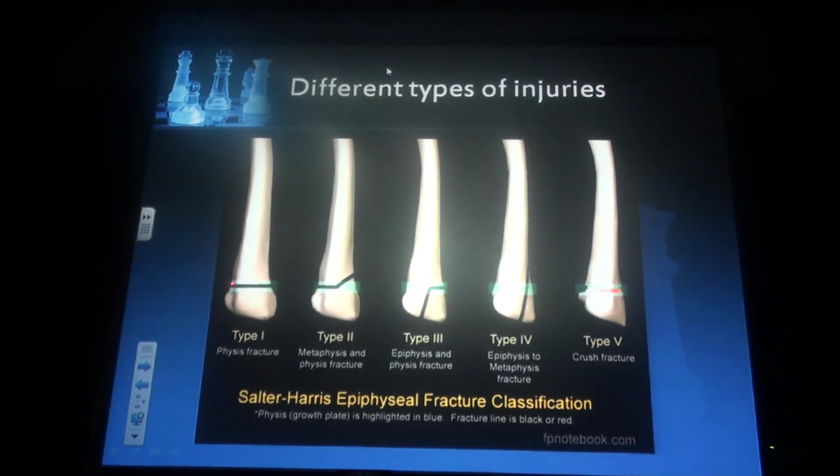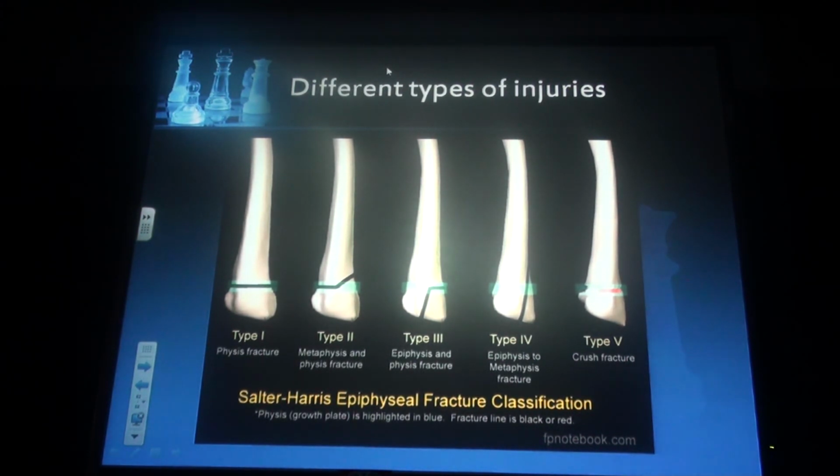Right here is the end of the bone, and this is what you would call an epiphysis fracture, or Salter-Harris fracture, which is just straight across the growth plate. Then you get a metaphysis and physis fracture, where it breaks across the growth plate and then to the side. Here you have a fracture that goes to the growth plate and then goes to the end of the bone. Then you have one here that's epiphysis to metaphysis fracture, meaning it just cuts the side of the top of the bone off. And then you have the crushing fracture, which is type 5, basically where it smashes the growth plate. But these are all Salter-Harris epiphyseal fractures, okay?